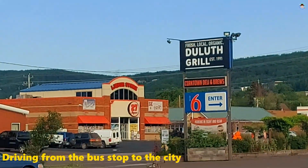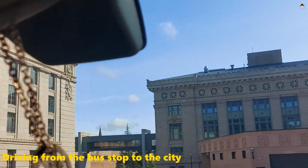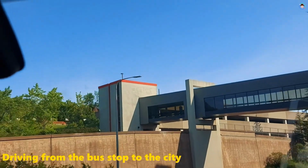Duluth, Minnesota. This was a jail. Okay. And people moved in to live in an old jail. Isn't that strange? Does it still look like a jail inside? Yes. Yeah, why would...